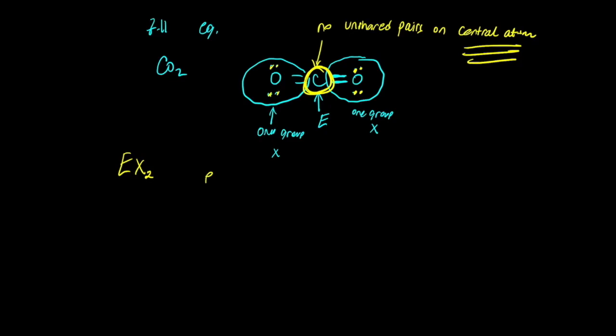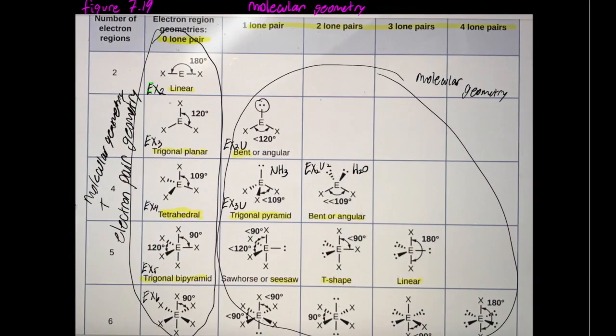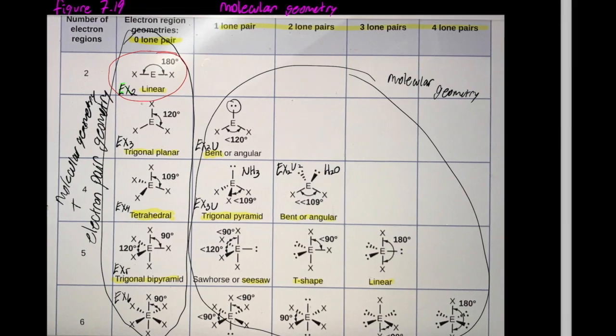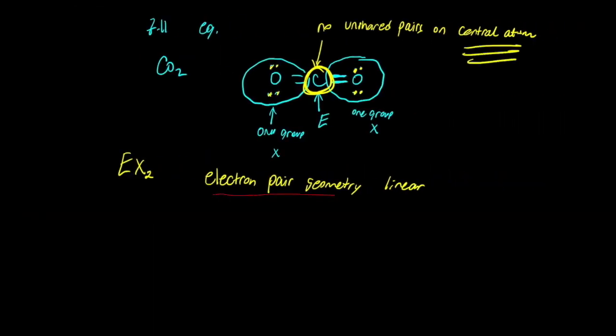So the electron pair geometry is linear, okay? We're basically looking at this table, and let me use red here. We're basically looking at this, okay? And then there are no lone pairs, so the molecular geometry is the electron pair geometry. So that's the electron pair geometry, which is called linear, and that's also the molecular geometry. The next one we have is